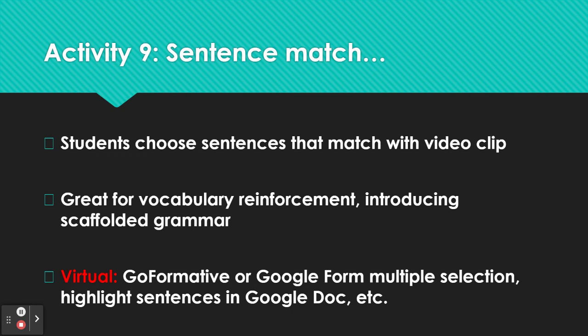Virtually, this works pretty well with Go Formative or Google Form. You have your multiple selections. So perhaps you show a short little video and there are 5 sentences and 3 of them are appropriate for the video. So you have them choose them. You could also do it on a Google Doc, have students highlight it. Of course, you can just do it in the classroom if you are not virtual. Have students maybe choose the sentences on a piece of paper, still use the Google Docs, the Go Formative, whatever